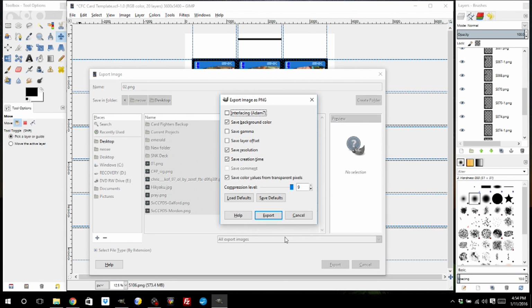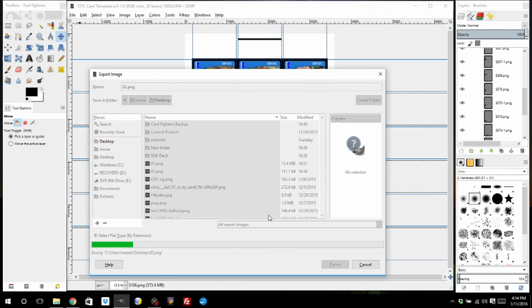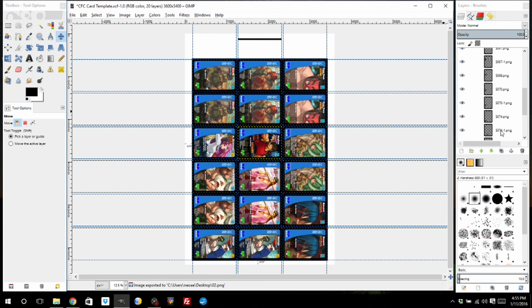The dialog will pop up. We click on Export once again. It's going to save that file. All right, and once the file is all ready and finished and saved again here, we're going to go ahead and go through,